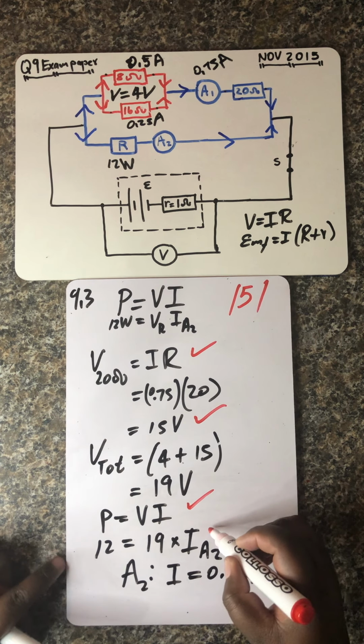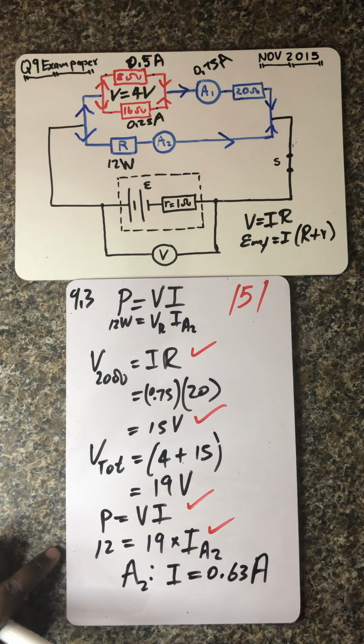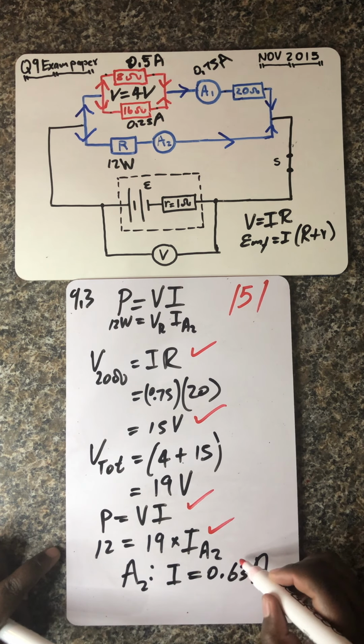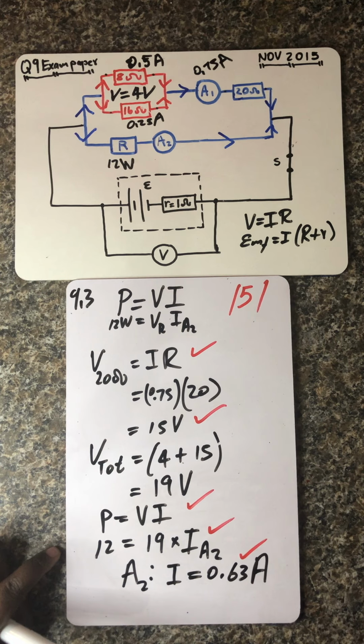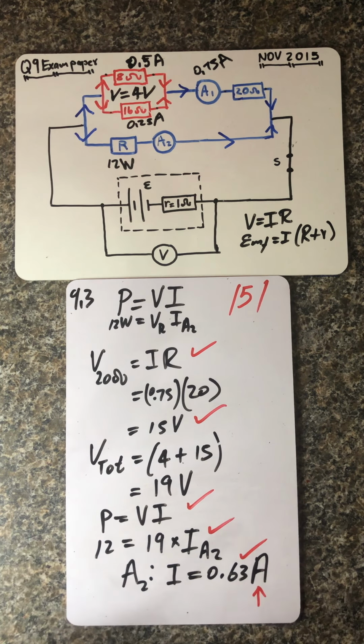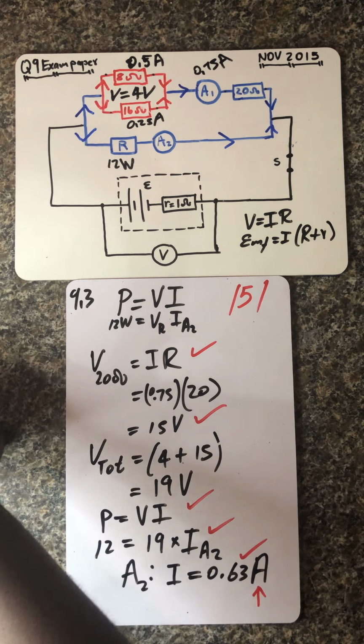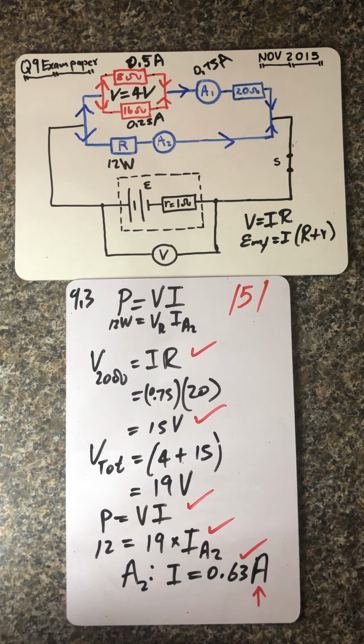After the formula they give you a mark for correct substitution, and your last mark will come from your final answer with the correct SI unit. The unit for current is amperes. So you shouldn't write 0.63, it should be 0.63 amperes. Okay, so guys, that's how you solve question